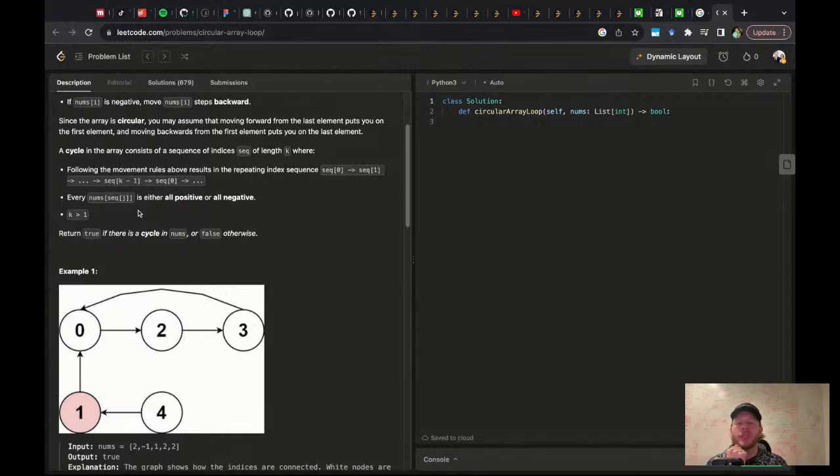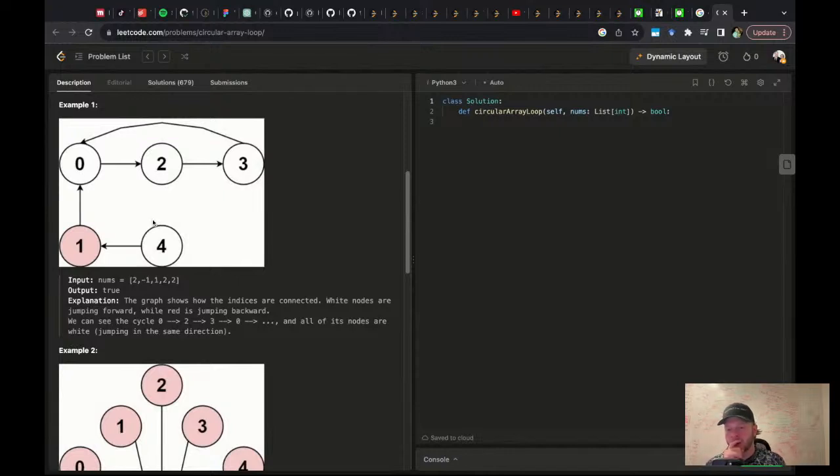Oh, it's giving the multiple conditions of a cycle. It's not saying that for all inputs. It's saying that it has to be a unidirectional cycle. Got it. So if you're doing like a wave, positive, negative, forward, backward, it's not going to count that. And then you can't do a self loop. Fine. Okay, well, that answers the question: how could you have a circle with no cycle? Because if you go like 1, minus 1, it's not counting that as a cycle.